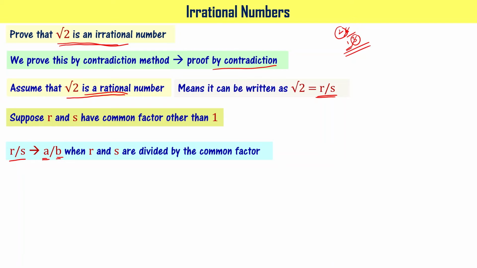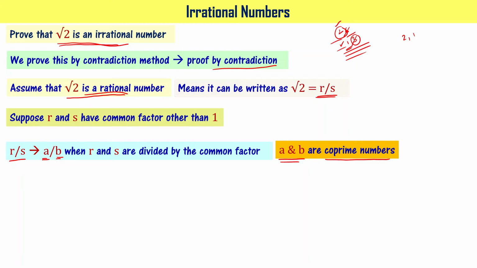And in this particular case, 2 and 1 are the a and b, right? Look at this. A and b have only one common factor, that is number 1, right? So if two numbers a and b have only one common factor, that is 1, then they are called co-prime numbers. In the case of 2 and 1, only 1 is the common factor, that's why 2 and 1 are co-prime